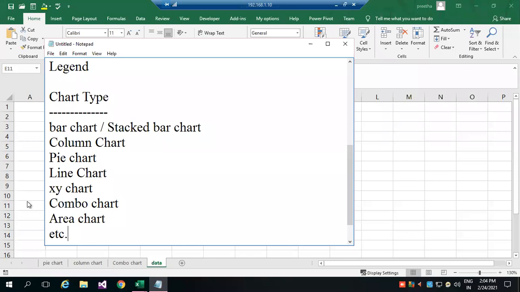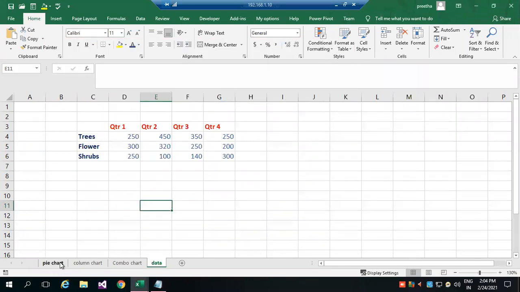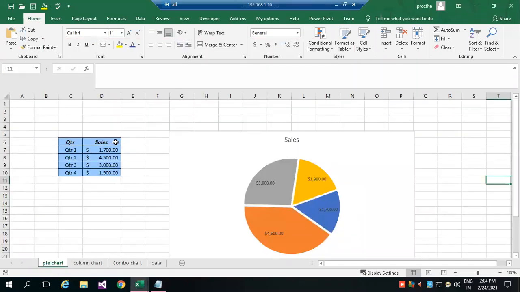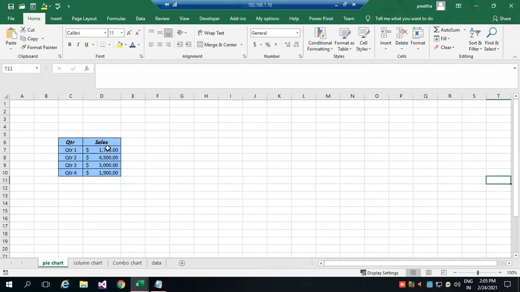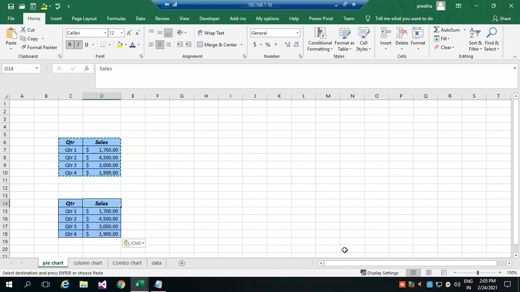Now, as we discussed in the last class, if I have only one set of range to compare, now you can see the sales volume for 4 quarters. It's small data. Suppose instead of this, I have data for different areas, so let's say area 1, and similarly area 2.